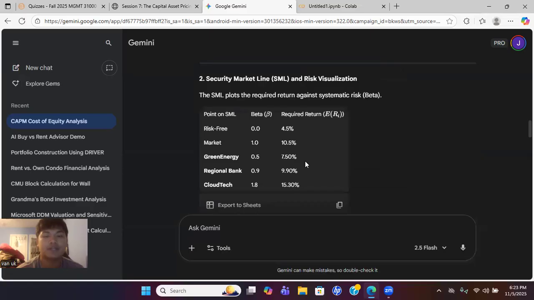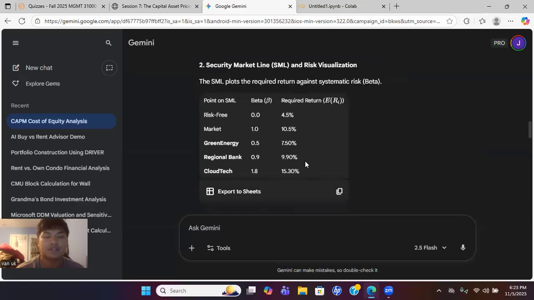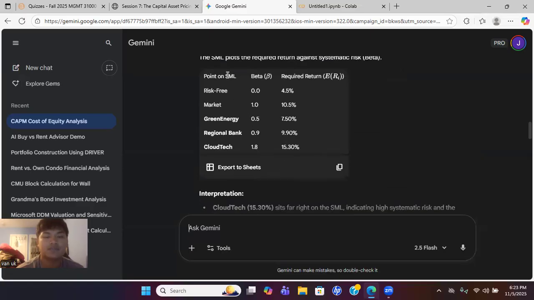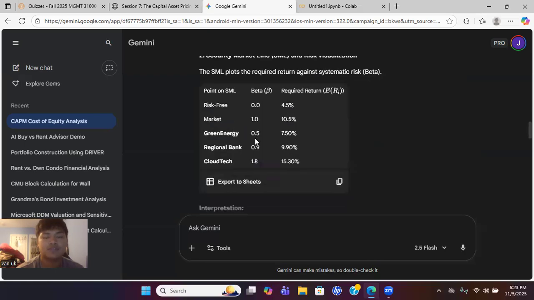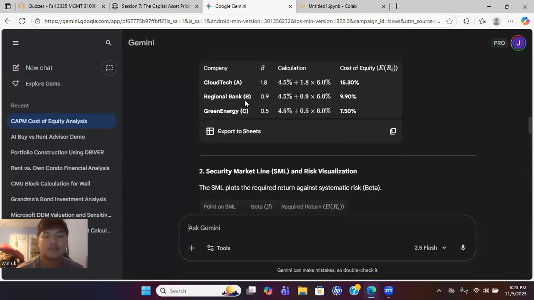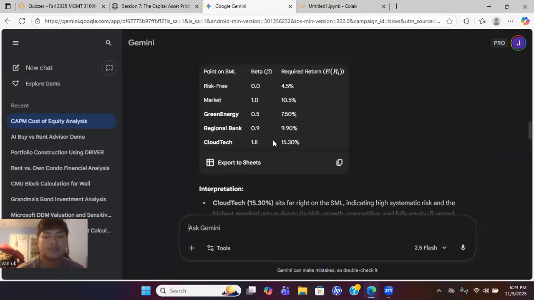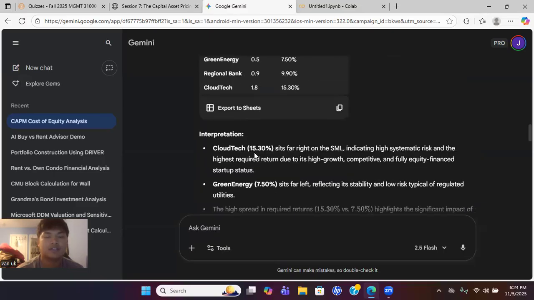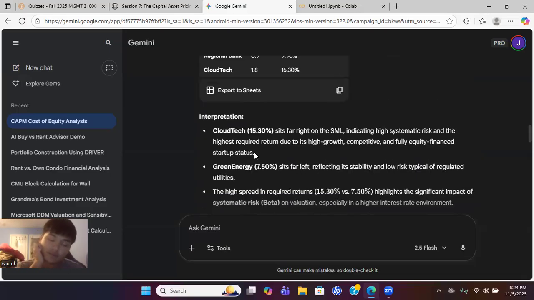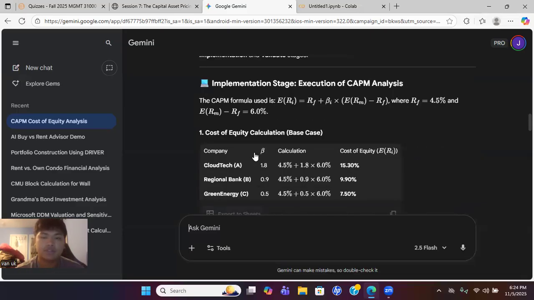And here's the security market line and risk visualization. For the green energy, the beta was 0.5, and that's 7.50%, which we got here. The 9.90% for the regional bank and the Cloud Tech 15.30%. So to interpret that,